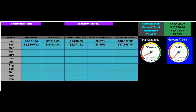Total proceeds between the two accounts $22,395. Cost basis $19,624. Total gain of $2,771.12. It's a 28.59% gain. Account total currently $17,796.74. So one thing I want to say so people don't get confused, when it says total proceeds and cost basis,